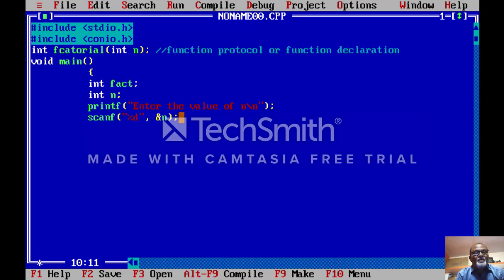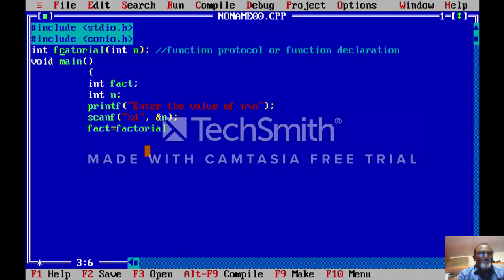So when you execute this program, here we call the function, the name of that function is factorial.